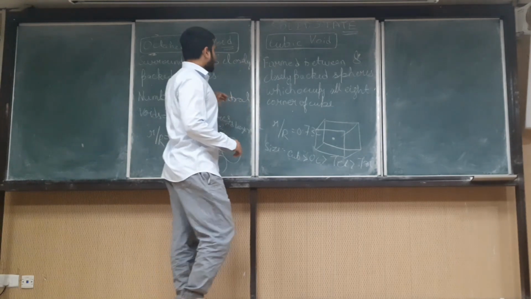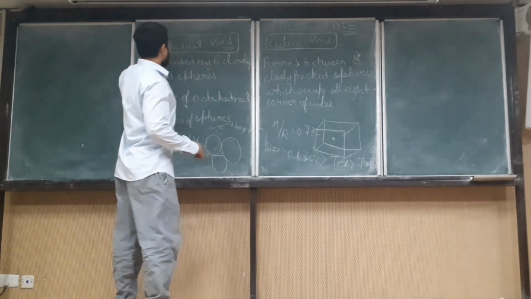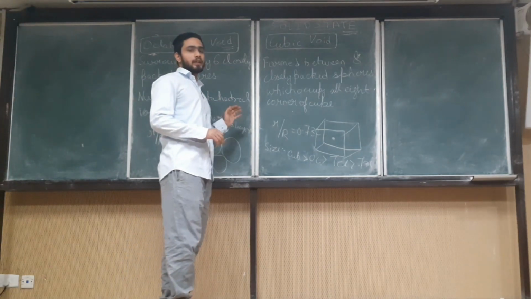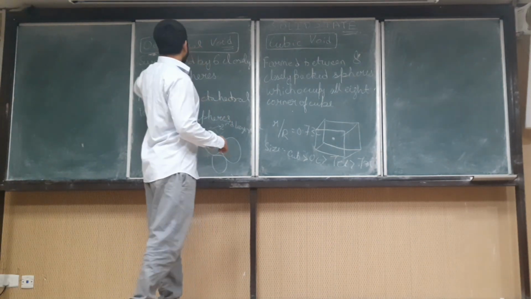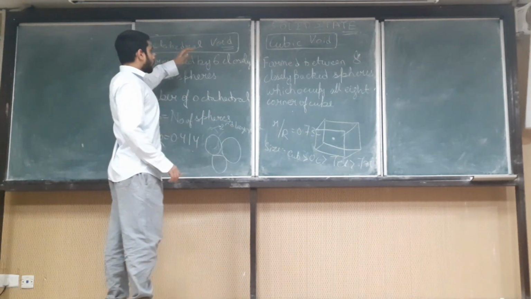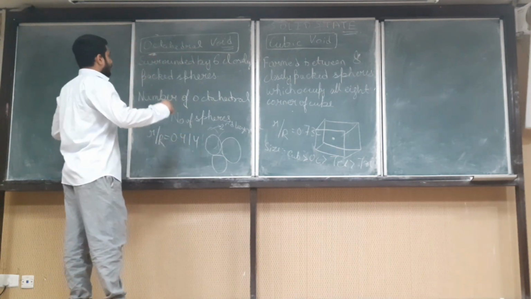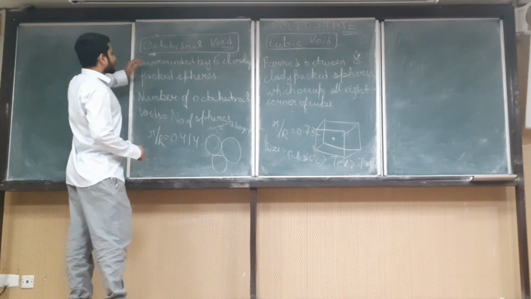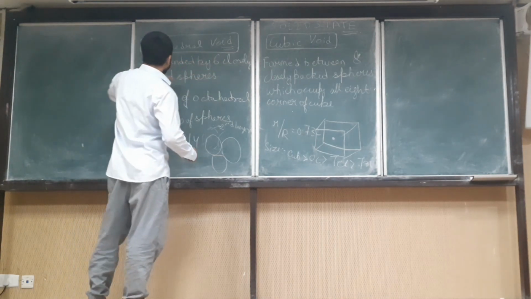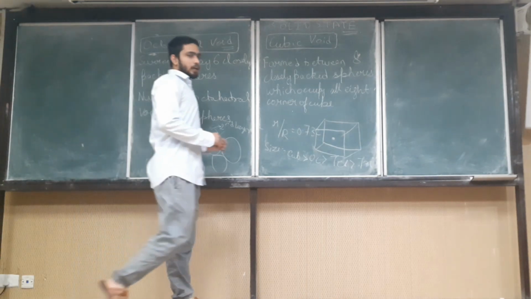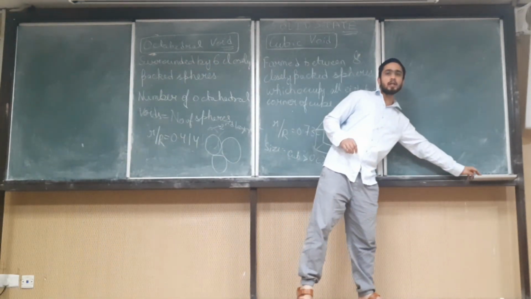And the first topic we are taking is octahedral void. Two voids, trigonal and tetrahedral void, we covered in the previous lecture, and today we will see what is octahedral void. Octahedral void is nothing else but the extension of the tetrahedral void, in which the void is surrounded by 6 closely packed spheres,